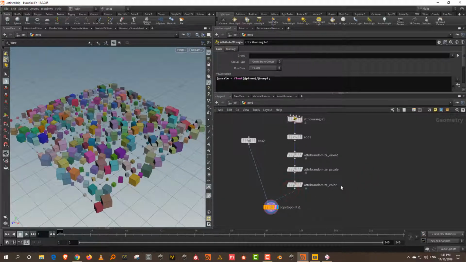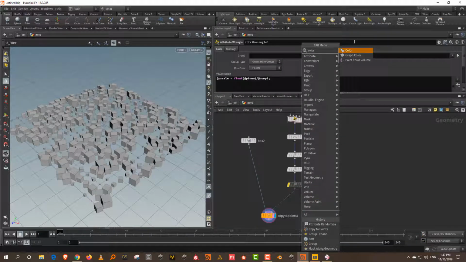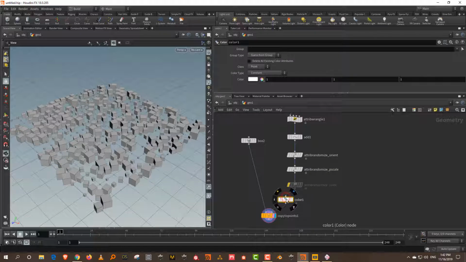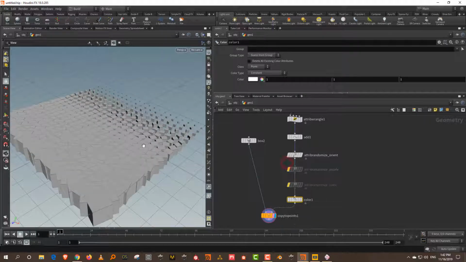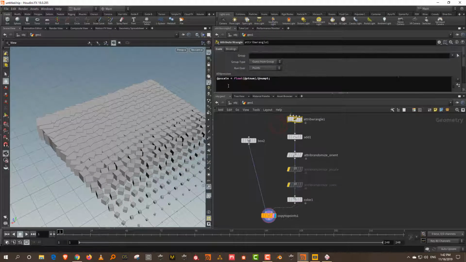Now, another way of generating color is that you can also take an existing attribute and set a color based on that. Okay, so if I don't want to pick it up from here, but this is random color, what you can do is you'll get something called a color node. Okay, so I can take a color node, and let me just turn this off temporarily, the randomize p-scale. And this is my, I'm generating a basic 0 to 1 value in p-scale.